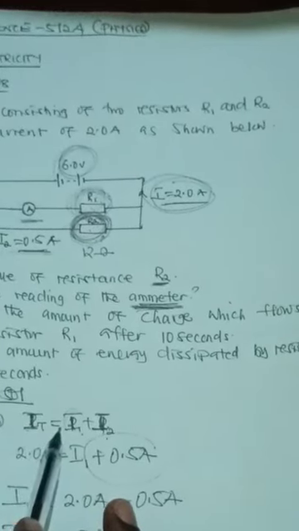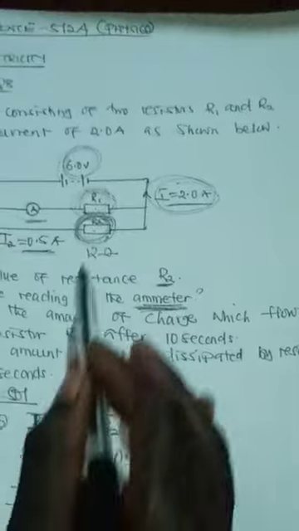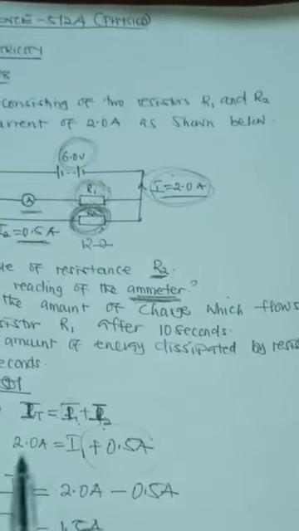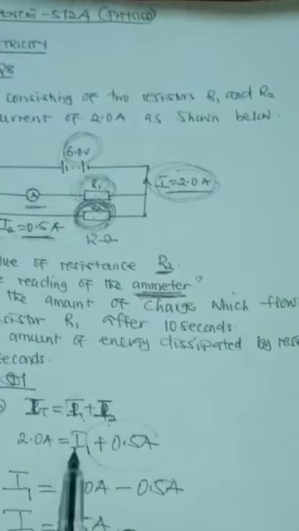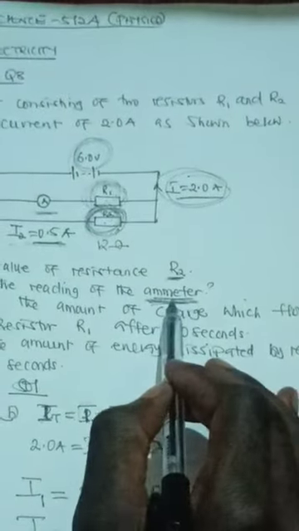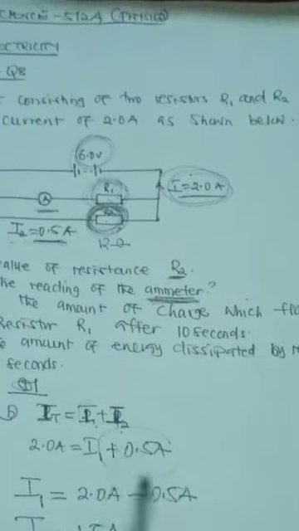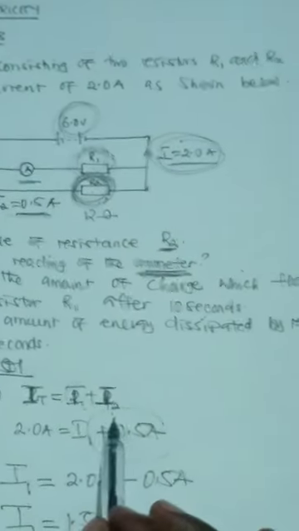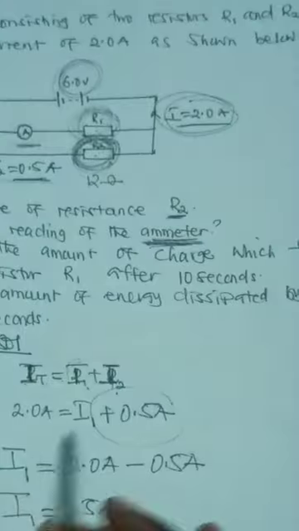Total current is equal to current flowing in resistor 1 plus current flowing in resistor 2. The total current is 2.0 amps, and the current flowing in resistor 1 is the one that we want to find, which is the reading of the ammeter in this case. And we know the current flowing in R2, which is I2, is 0.5. Therefore, you do the